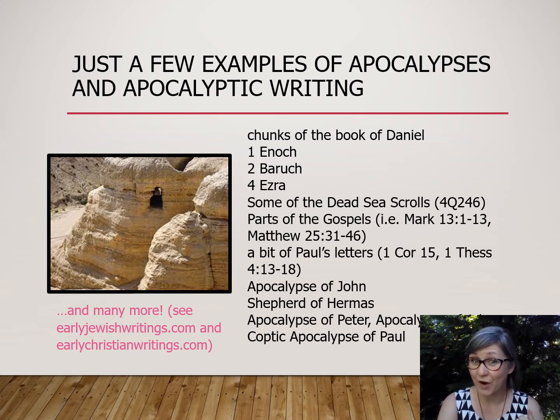There's 1st Enoch, 2nd Baruch, 4 Ezra. Some of the Dead Sea Scrolls are apocalypses. There's little mini apocalypses inside Mark's Gospel and Matthew's Gospel. There's a little bit of apocalyptic writing in the letters of Paul, 1 Corinthians 15. There's the Apocalypse of John, and there are a couple of books that your textbook explores a bit more. One of them is the Shepherd of Hermas, and one of them is the Apocalypse of Peter, and those